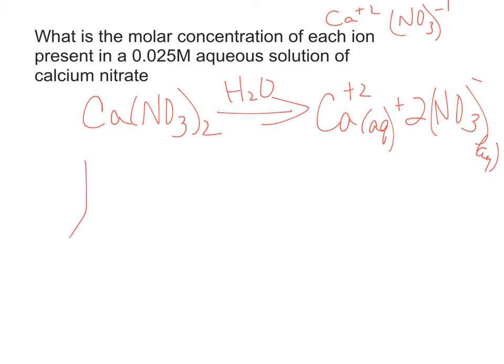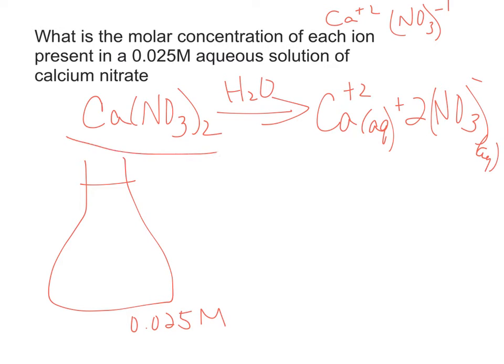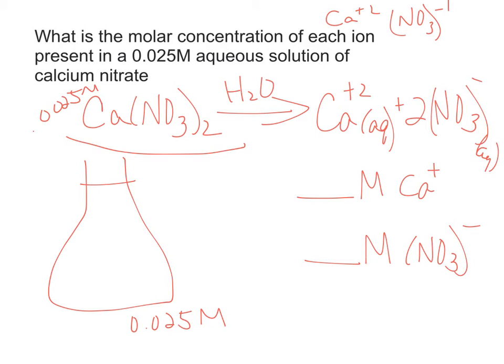So if we have a solution that is 0.025 molar in calcium nitrate, what this question is asking us is, what will the molarity be of the calcium ion, and what will the molarity be of the nitrate ion? So we're putting 0.025 molar of calcium nitrate in here,